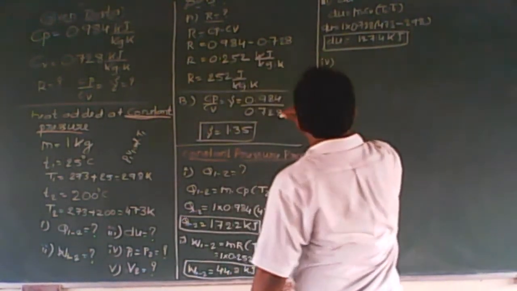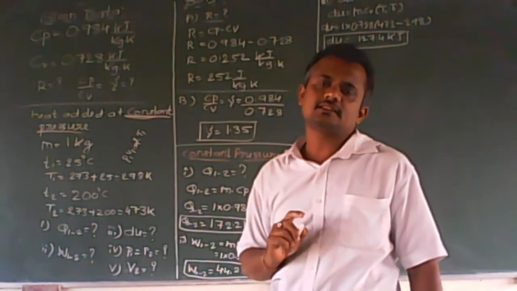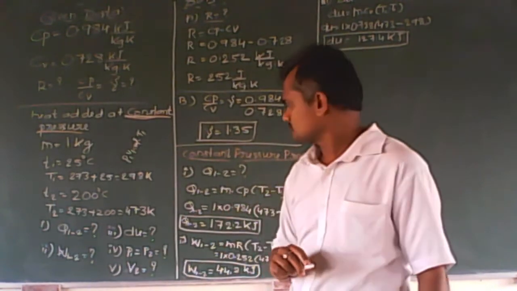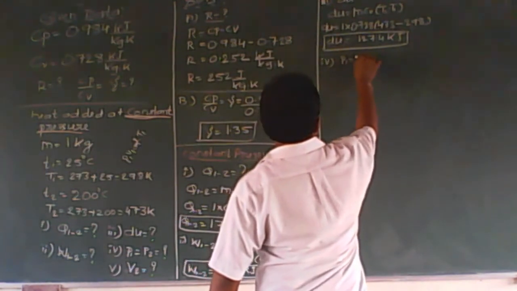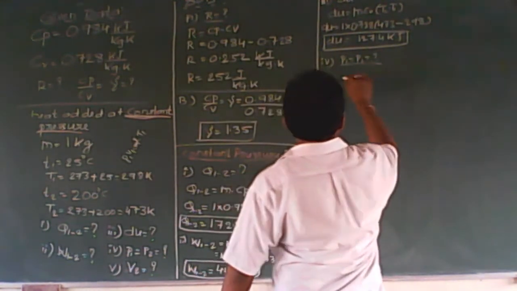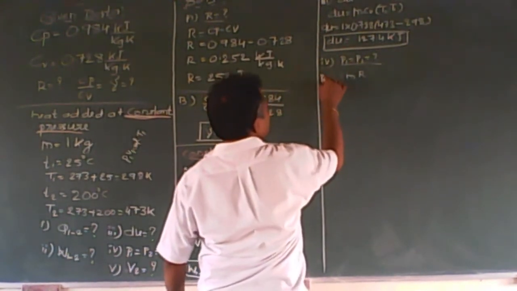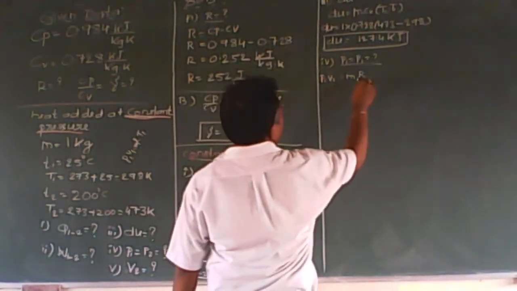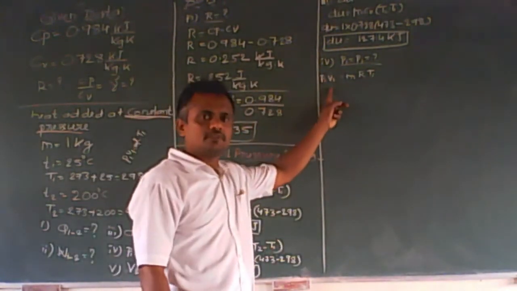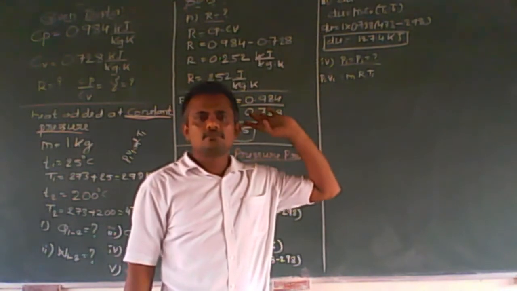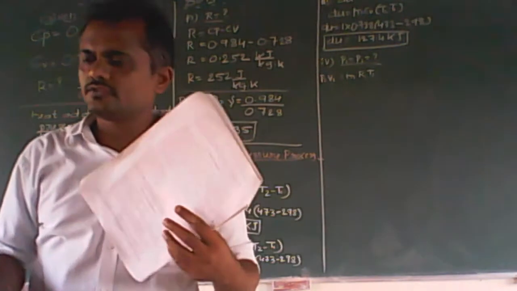And fourth one, we have to concentrate on P1 is equals to P2. As I said, here we can use any one of the methods, that is to calculate P1, which is P2, is equals to unknown, correct? P1 is equals to what? M into, P1 V1 is equals to M into R into T1. So in this, if you want to calculate P1, do you know the value of V1? We don't know what the V1 is. So therefore, we cannot use this equation.